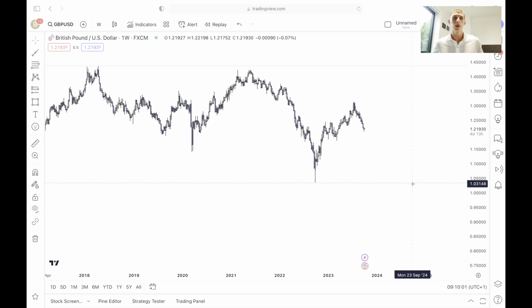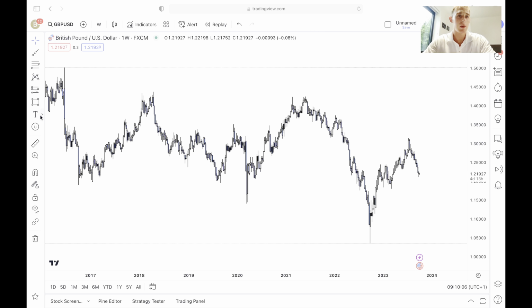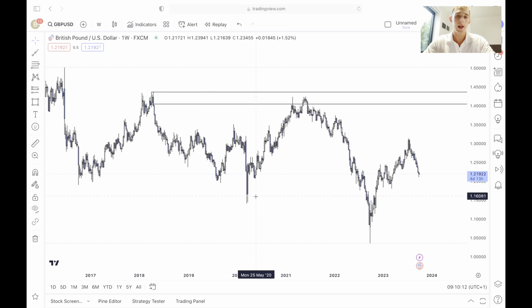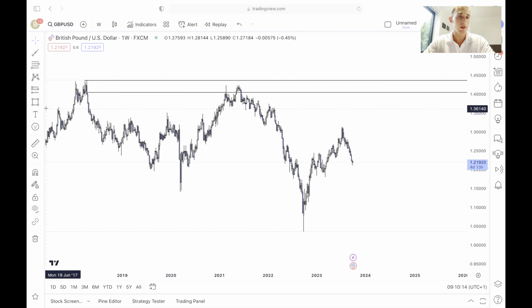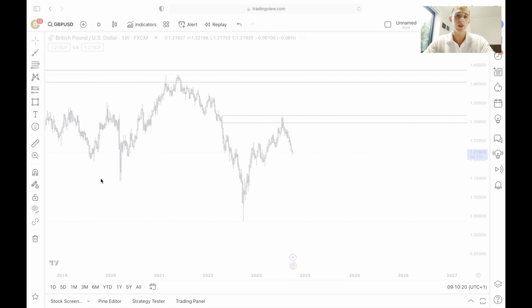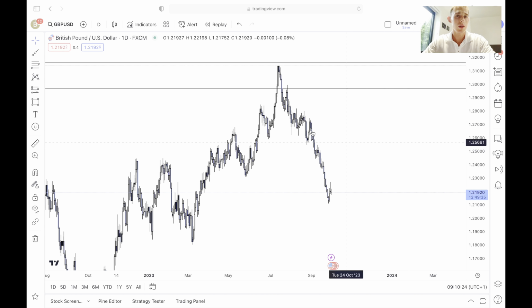So overall on pound US dollar, we are still technically bearish. You can see that we've had on the weekly time frame mitigation of this area, followed by a breaker structure here, and now most recently price has pulled back into this weekly level of supply, and we have shifted back over to the downside. This sort of structural shift came in when price broke this low. This was our daily change of character. So if we mark that on